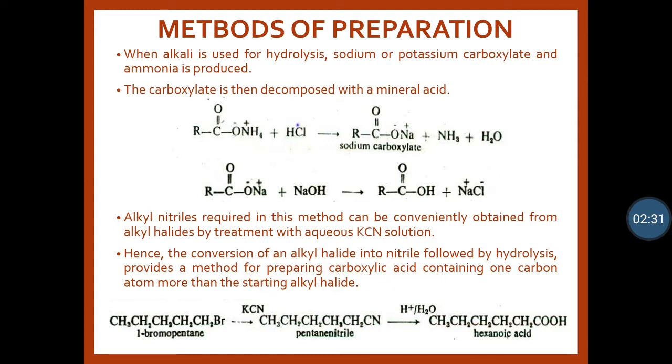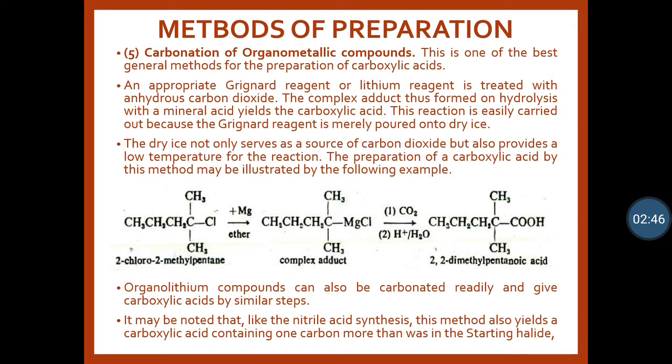So the conversion of alkyl halide into the nitrile followed by the hydrolysis provides a method for the preparation of carboxylic acid containing one carbon atom more than the starting alkyl halide. Then the next method is